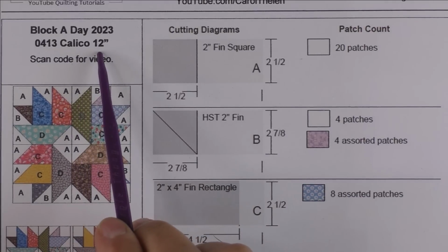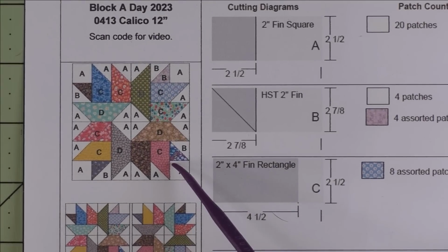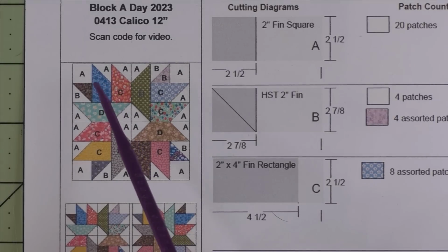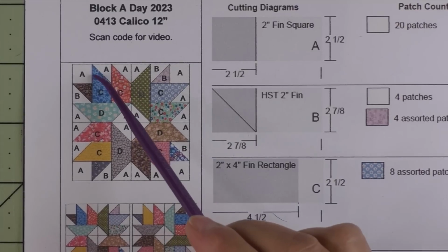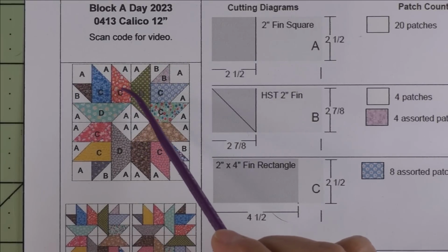Calico block. It finishes at 12 inches. Here is the diagram. We're going to be doing a lot of stitch and flip or folded corner clippers on this because these are chisel units, and that's the easiest way that I know how to do these and most